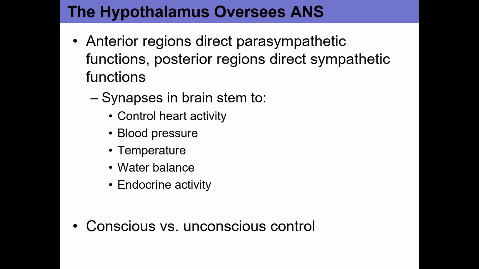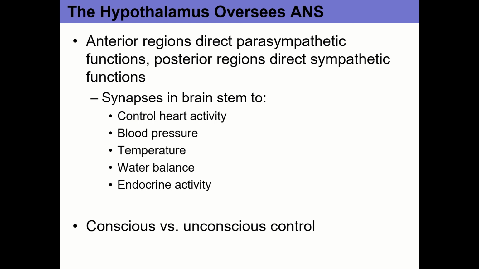So for example, these are stressful times for any number of reasons, but including because final exams are coming up. And so, maybe you're stressed out about that, and so then you become sympathetic dominant, right? So then you get increase in heart rate, increase in blood pressure, and all those kinds of things. And so all that's happening unconsciously. But it is in response to a conscious stimulus. You're like, I got 5 papers due next week. I got this stupid exam for structure and function, and I got all these other ridiculous things, and so I'm so stressed out. And so then that conscious information leads to an unconscious response, increase in heart rate, increase in